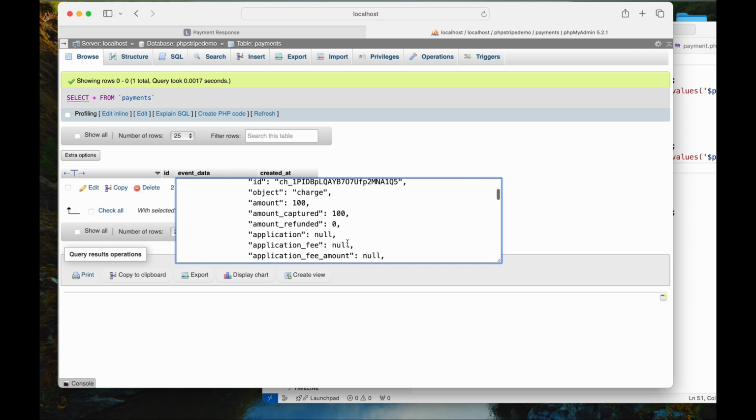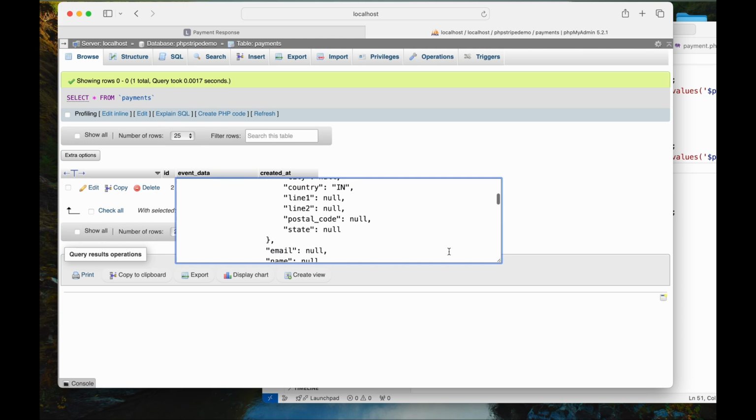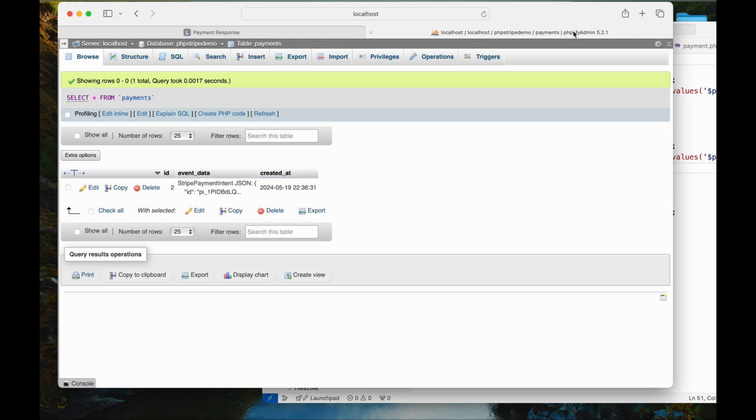You can look at these details on the Stripe website and play with it more. For now, I think this should give you enough information to get started with your next